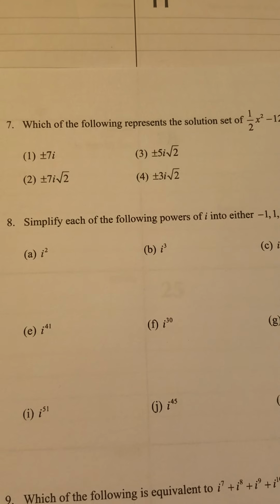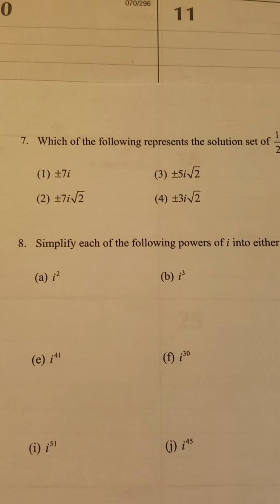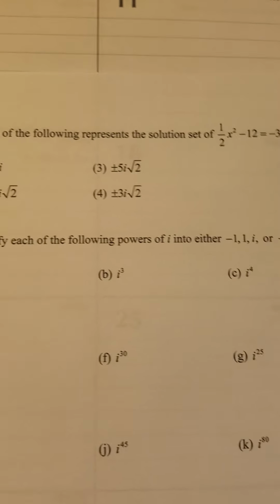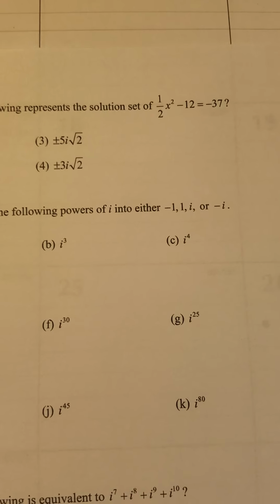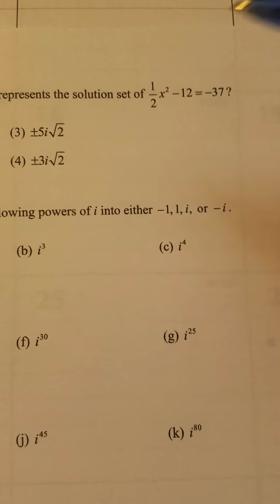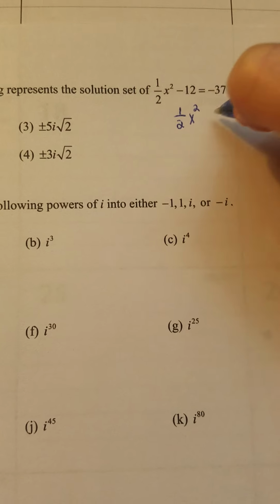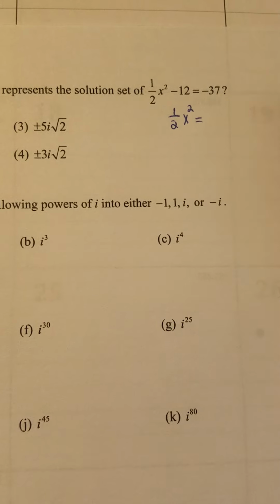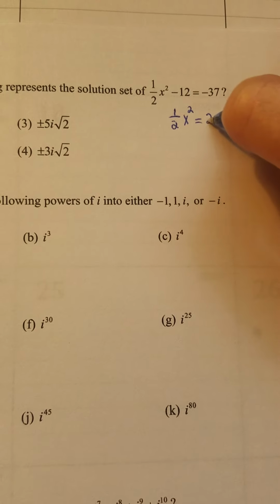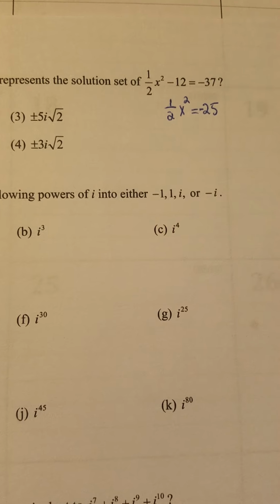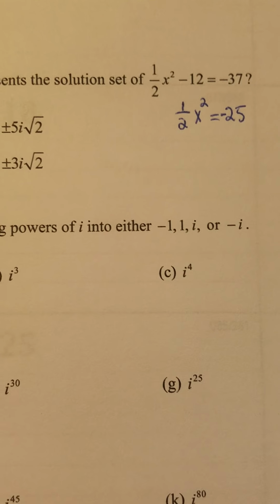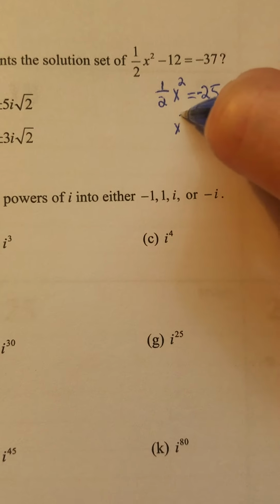Continuing, number 7. Which of the following represents the solution set of the following equation? And so here, again, I'm just going to isolate x. I'm going to add 12 to both sides, which results in 1/2 x squared equals negative 25. Then I'm going to multiply both sides by 2, which gets me x squared equals